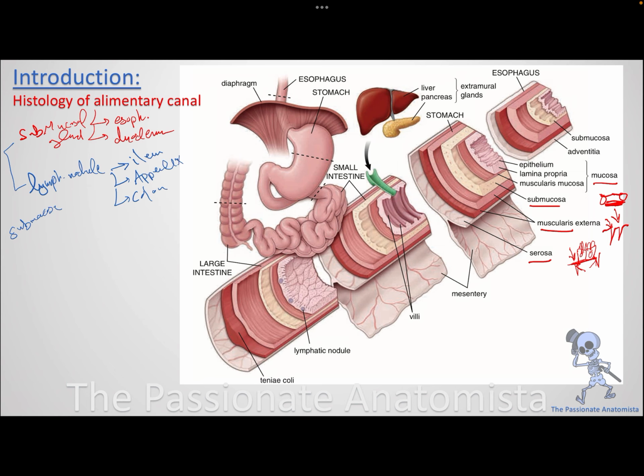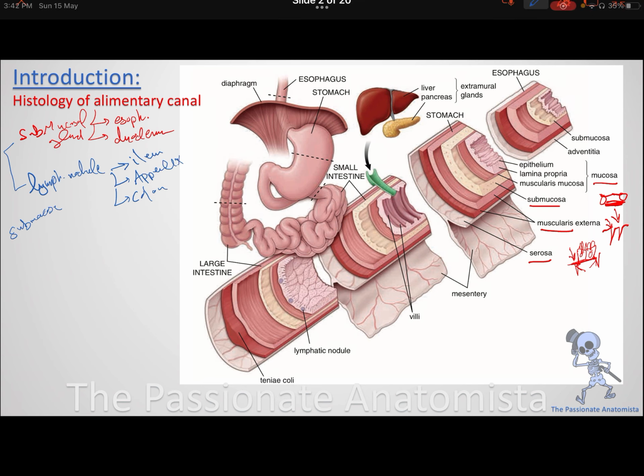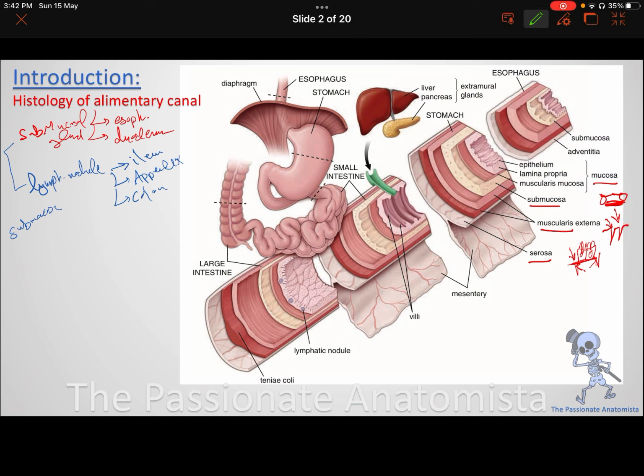Now, this is followed by the muscularis externa. So in the muscularis externa, why do we say externa? Because we have muscularis interna in the mucosa itself, and we talked about it. Now, why do we have muscularis externa? It's actually the inner circular and outer longitudinal layers. Why do we need to have two layers? Now, if we think about the muscularis externa, generally, it's the inner circular and outer longitudinal, all right,